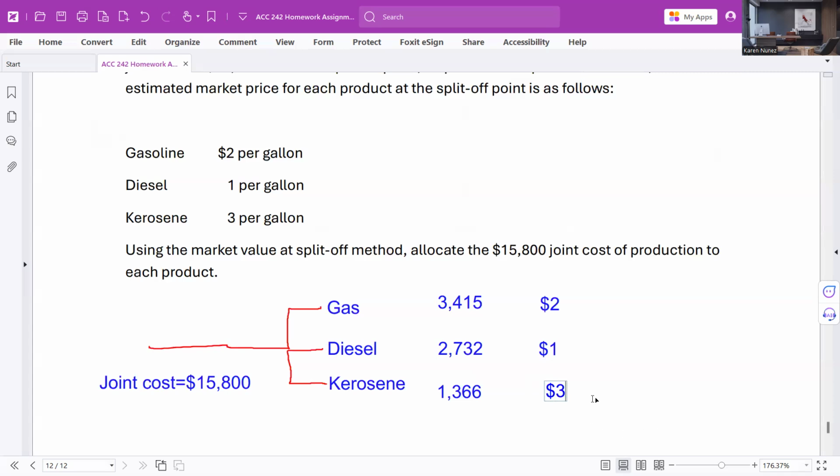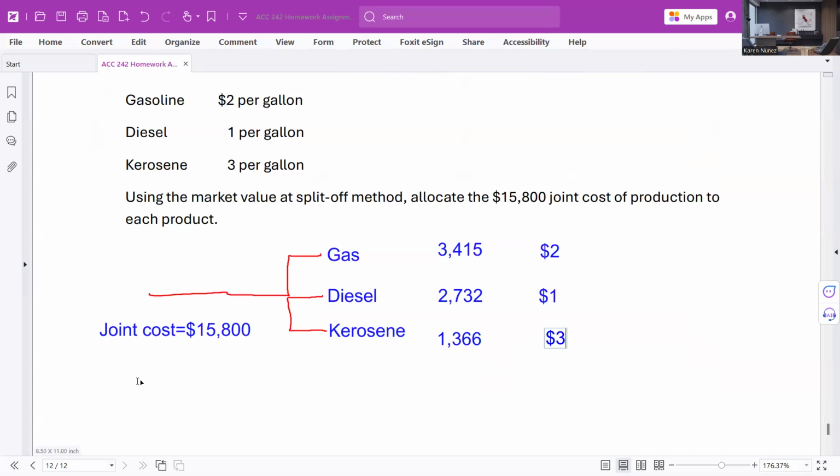So we want to use the market value at split off to allocate the 15,800 for a batch of crude oil. So the allocation is based on the market value. The way we get market value is we take the quantity, the gallons of gas times the selling price, right? The gallons of diesel times the selling price, the gallons of kerosene times the selling price. And if I could paste that in here,